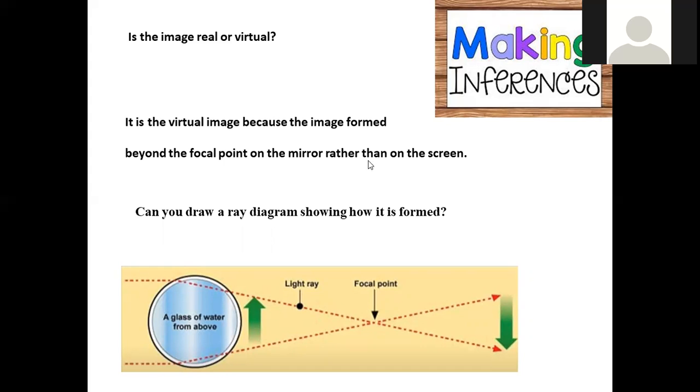So, can you draw the ray diagram showing this? This is the ray diagram where the incidence of light will be there. Light is going to be incident on that, and the glass placed is empty. This is a focal point. Convergence of light is possible at this point, and behind this focal point, you are going to get the image. This is the diagram called a ray diagram for this kind of arrow experiment, right?